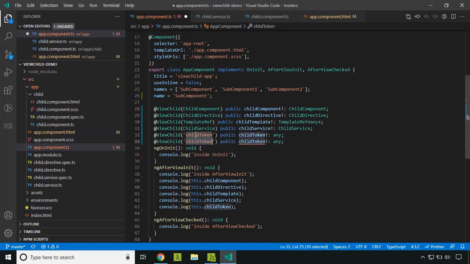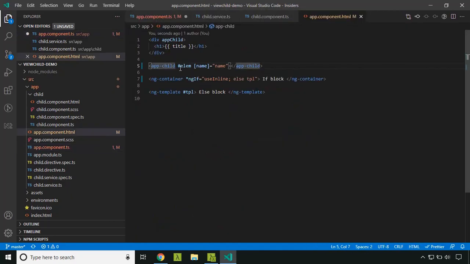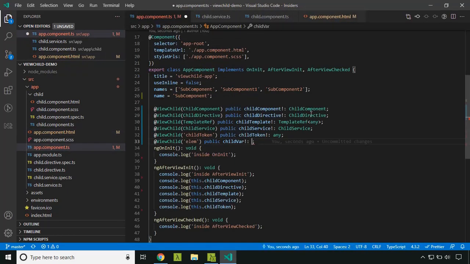So here you can provide the element name. This is the variable which we used in the HTML. So using the same thing, I can query it. Now let's give a name here, childware, and since I have provided the element in a component, I can use the component instance here.